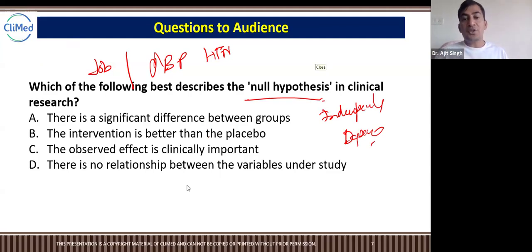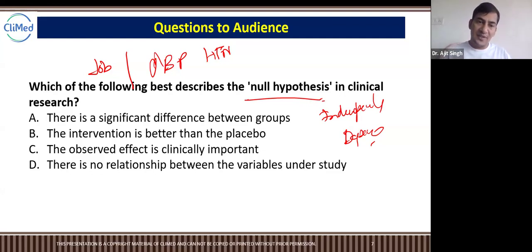Okay, so yes, job is independent variable here and hypertension is dependent. Hypertension is dependent variable here and job is independent. Independent could be many factors. If not job stress, then maybe alcohol consumption or high salt intake, patient age, patient sedentary lifestyle, it could be multiple. So multiple independent factors